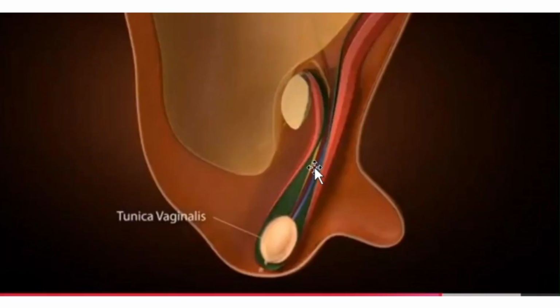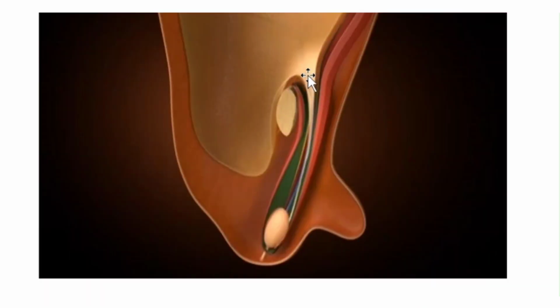Now, what is the fate of this processus vaginalis? As we can see, the distal part of it will form the covering around the testis that is known as the tunica vaginalis, and the proximal part gets obliterated like this. So there is obliteration of the proximal part of processus vaginalis. If this part of the processus vaginalis remains patent, then this is an easy way for the hernia to develop. Now, this is the pathology that lies behind the indirect inguinal hernia.